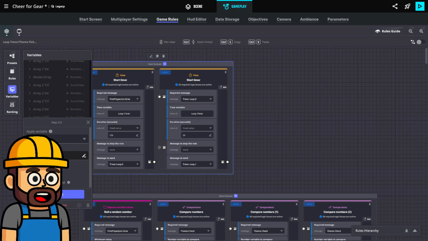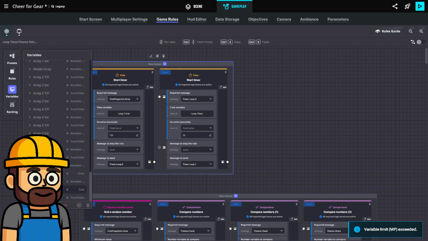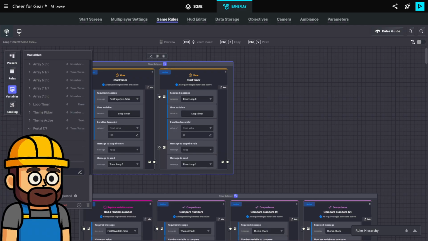There's only one portal in this game. It's to get in the game. So I'm going to call it portal because that's what I've been calling it. Let's say it starts as true because that's how I always do things. So it's true that you can't get in.